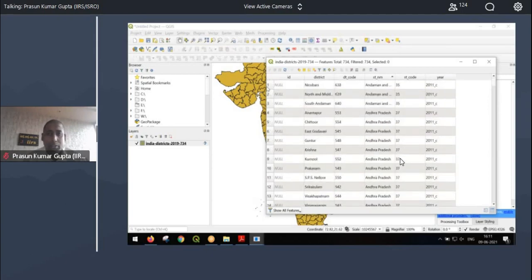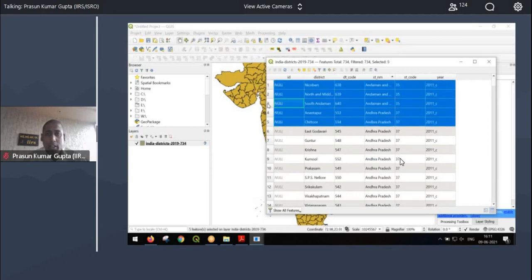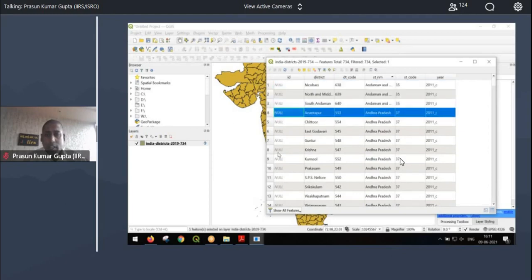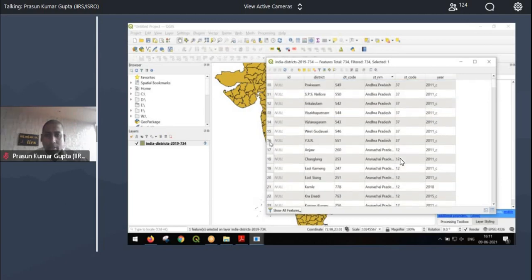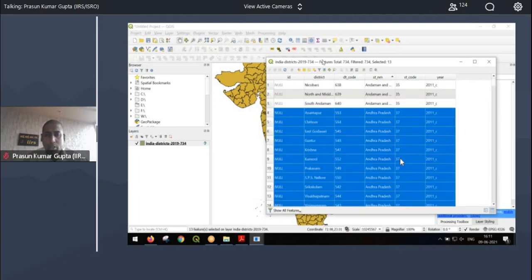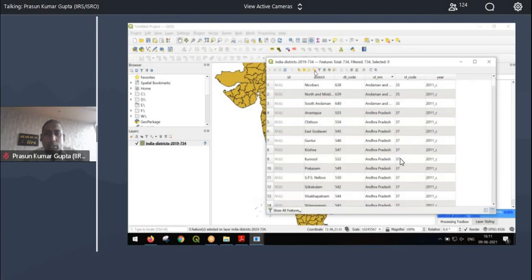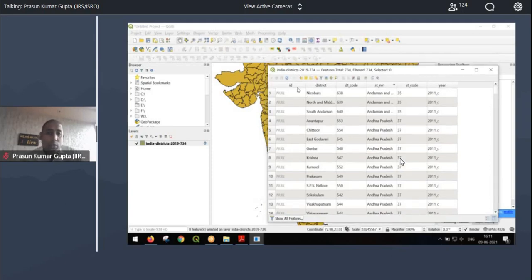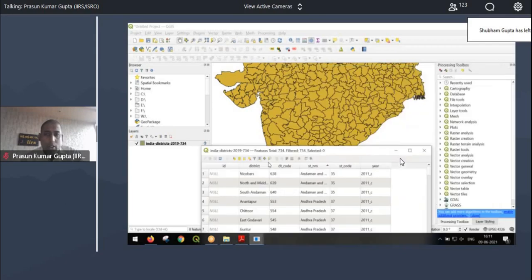Similarly, I could sort it by state. So first I am seeing all the districts in Andaman and Nicobar Islands. Then I am seeing all the districts in Andhra Pradesh, and then Arunachal, and so on. So now each row is linked with each polygon.